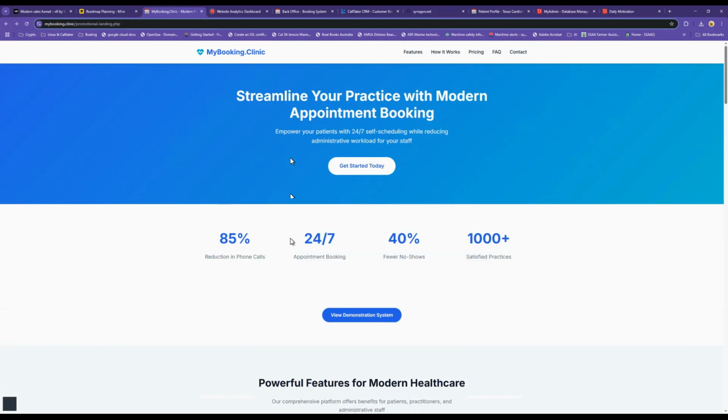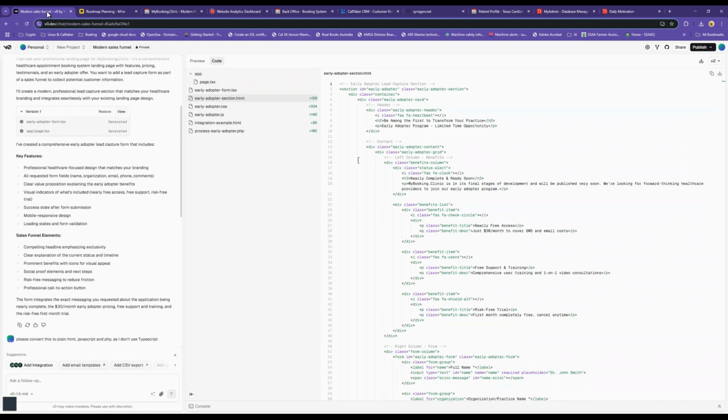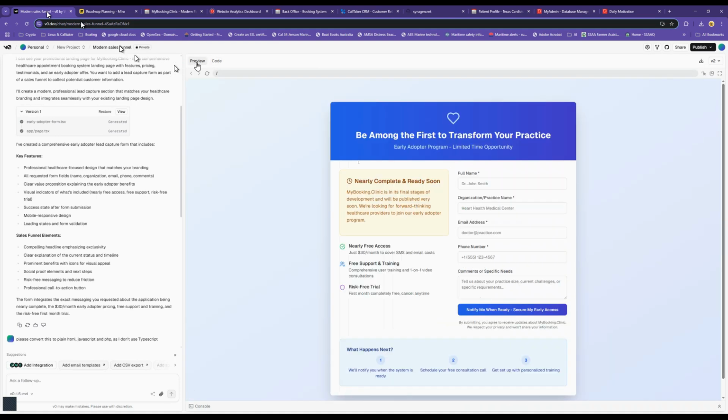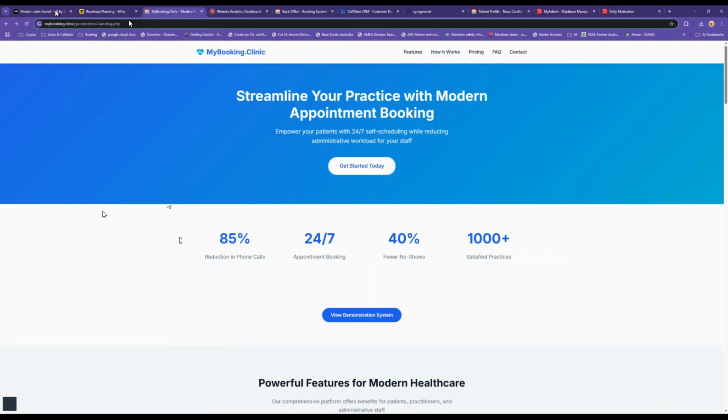And what I want is to add a sales funnel or a contact. So what I want to do now is to add a contact section. So I've explained to V0 what it is, upload. So I uploaded this page to it and I said